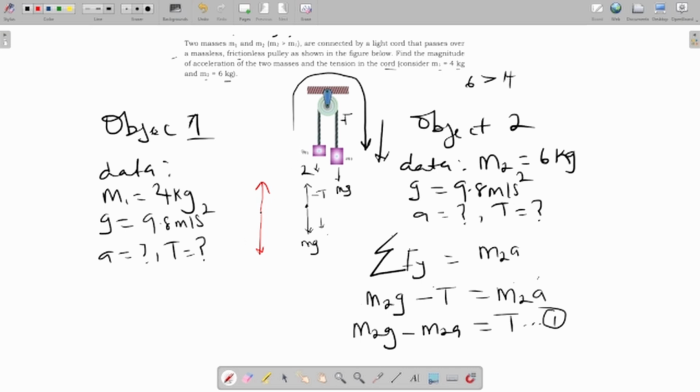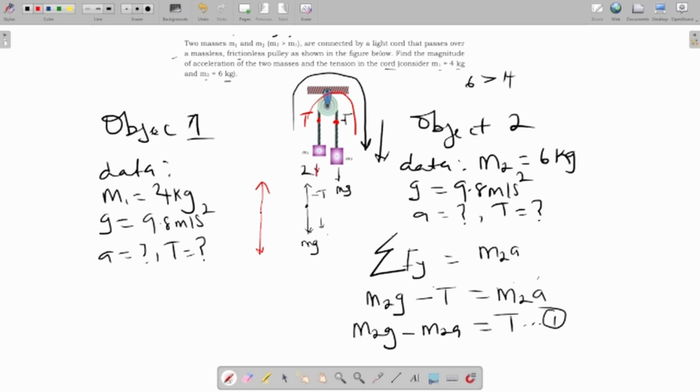So if you release the masses, they're going to go this way, right? Towards the 6 kg block. This means that all the forces that are aligned with or moving towards the direction of motion become positive. That's how it works. Always consider the direction of motion. Here, since it's going this way, your tension, which is in the string, there is tension right here, okay? So the force on a string is called a tension force. Since it's going this way, the tension for this mass 1 is going to be a positive value, while